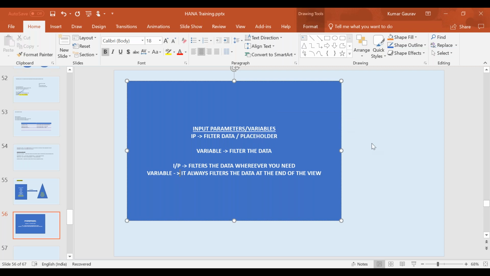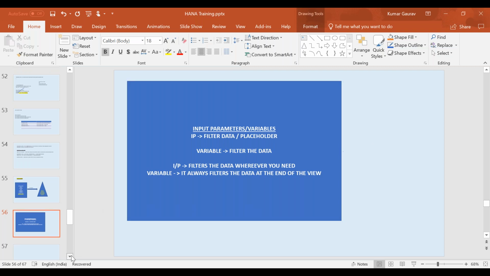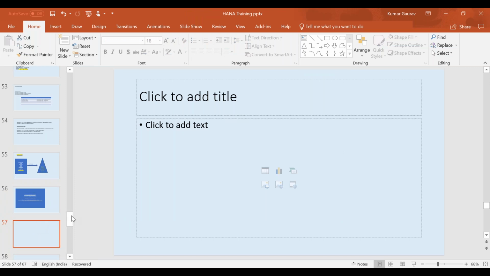And the main difference between input parameter and variable is where it applies the filter. An input parameter can be applied as a filter anywhere in the nodes of the calculation view. However, the variable always filters the data right at the end of the calculation view. So let's see them one by one in HANA Studio, and then we should be able to understand the difference between them.